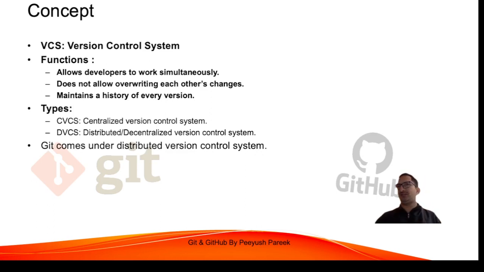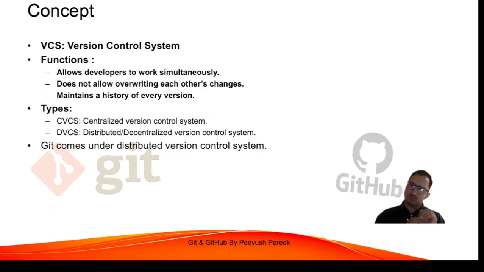Basically, a VCS is software that helps the developer and the team maintain the software development history and maintain harmony between each other. The VCS allows the developers to work simultaneously. Simultaneously here means that the teams are at different locations, working on the same project, but they can do so by using Git. It does not allow the overwriting of each other's changes. That means the changes that others make will be kept separate,